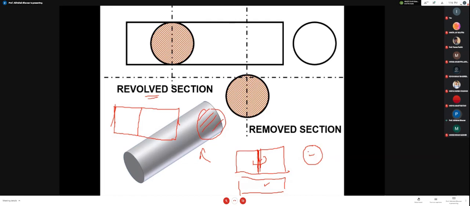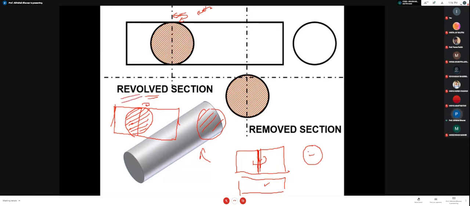So what I am going to do, the feature over here is rotated clockwise by 90 degree, and after revolving 90 degree, how does it look? That I am going to draw over here by the hatching line. Okay, so what is it representing? It is representing its side view, how the job is looking in a side view. If I am cutting from this plane, actually this is a cutting plane, and after cutting, the shape will be there. That shape is rotated by 90 degree, and I am going to draw it inside this figure. So this is known as the revolved section.